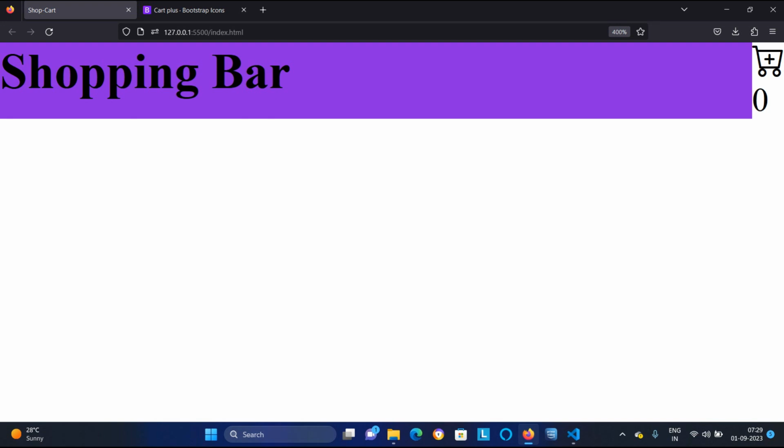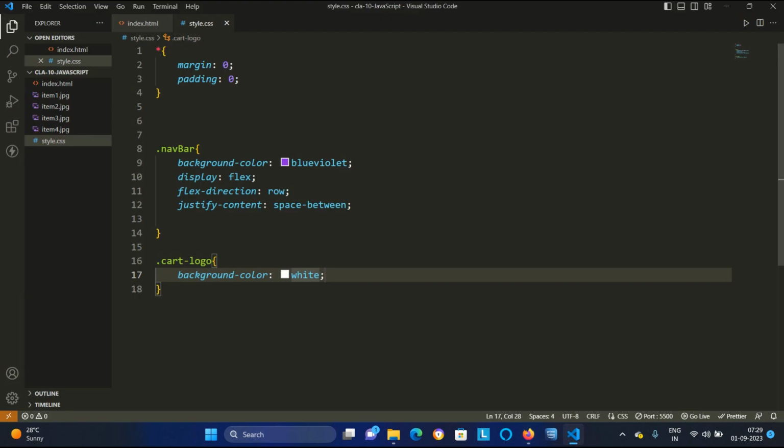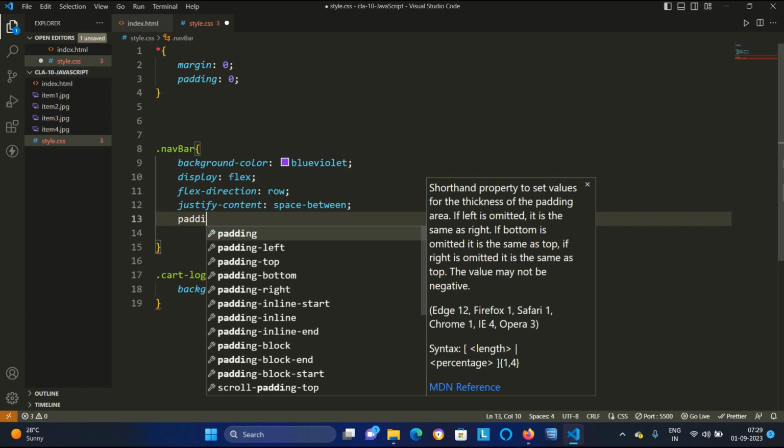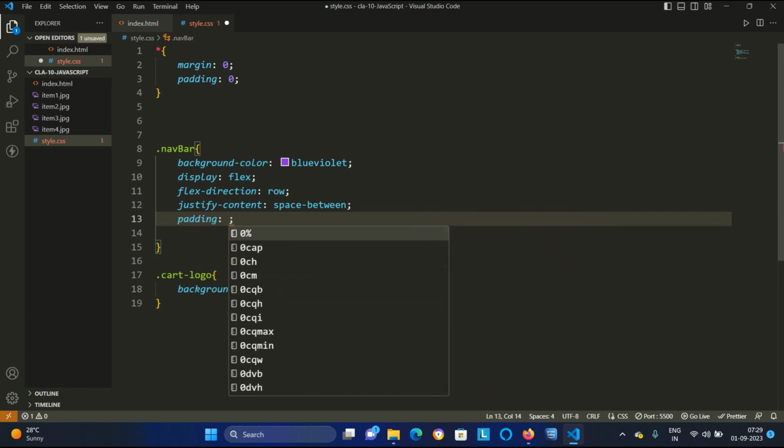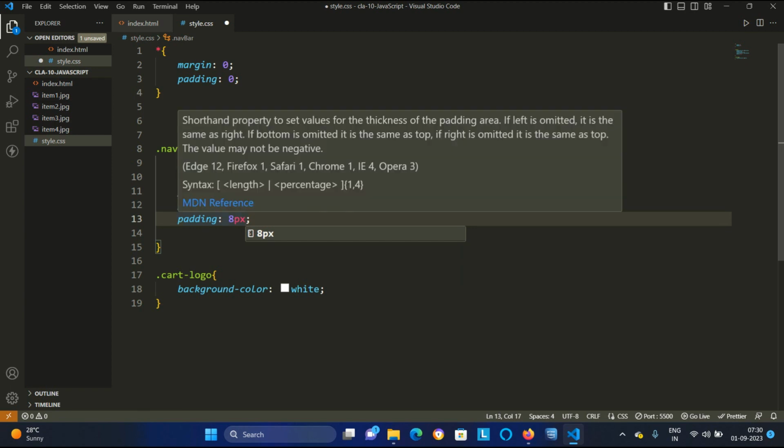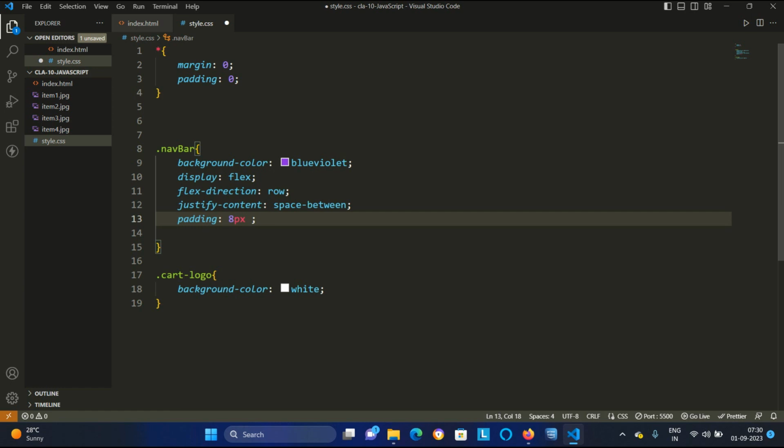The background of this cart logo, inside there is a number div. Those things are coming white. But I think I should give some padding to it. So the padding, I am saying, suppose 8 pixel from top and bottom, and from left and right I am saying 16 pixel.